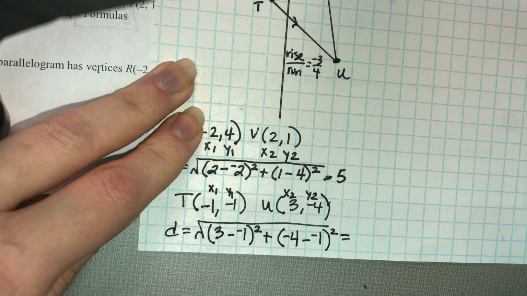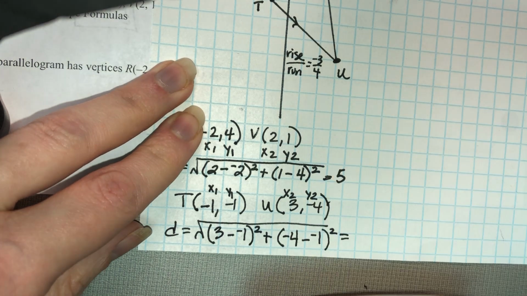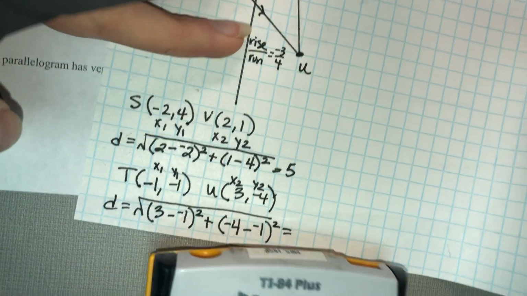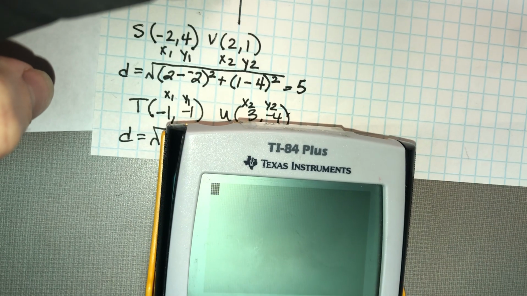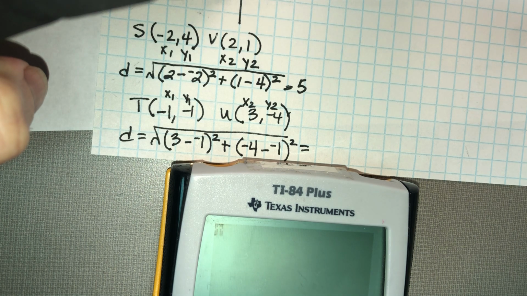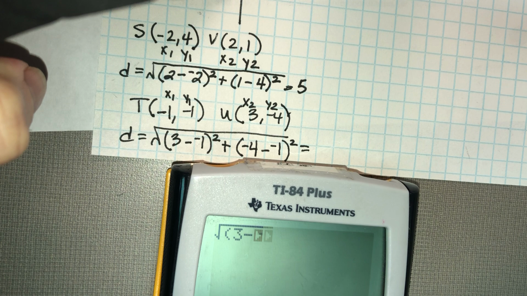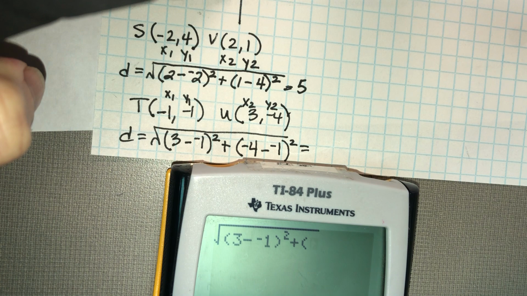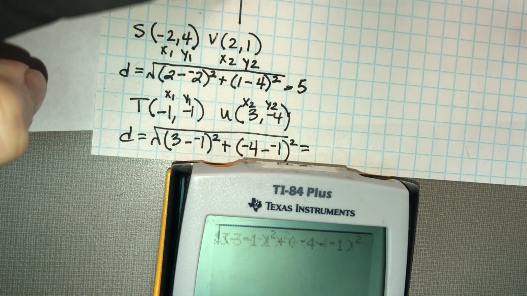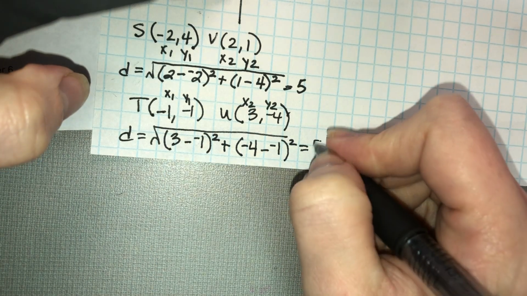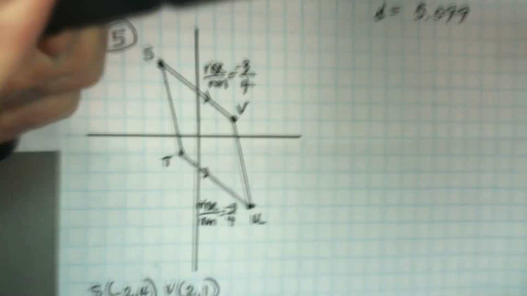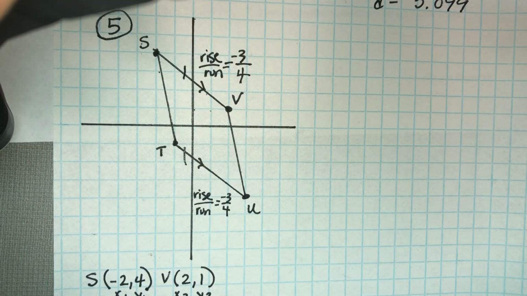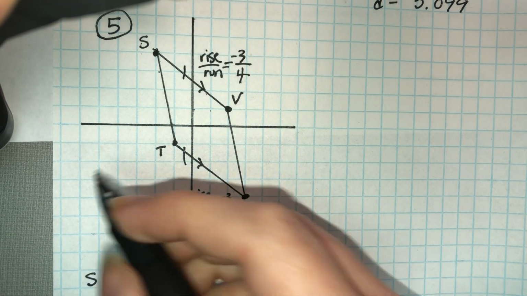All right, let's put this one in the calculator. Second square root, 3 minus -1, close parentheses, squared, plus new parentheses, -4 minus -1, close parentheses, squared. 5 also. Excellent. That means that the top and the bottom are congruent segments, and they're parallel segments, which means